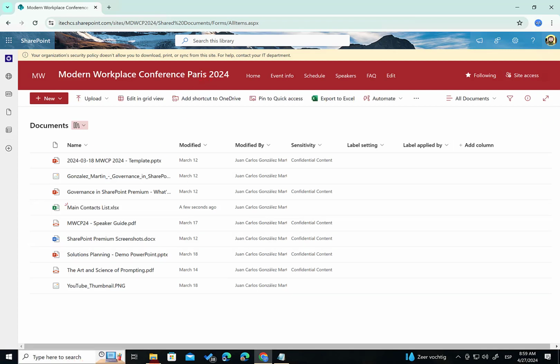So while we wait, take a look at this. The column was already updated with the confidential label, so it works as expected. So it's not real time, even when you create an inline document in here, but it's working after some minutes. I don't know how many minutes, but the label surfaces in the sensitivity column in the document library. I'm not going to do the same if I load a document in here, an Office document or PDF document, but you are going to see the same experience. So that's all for today's video.